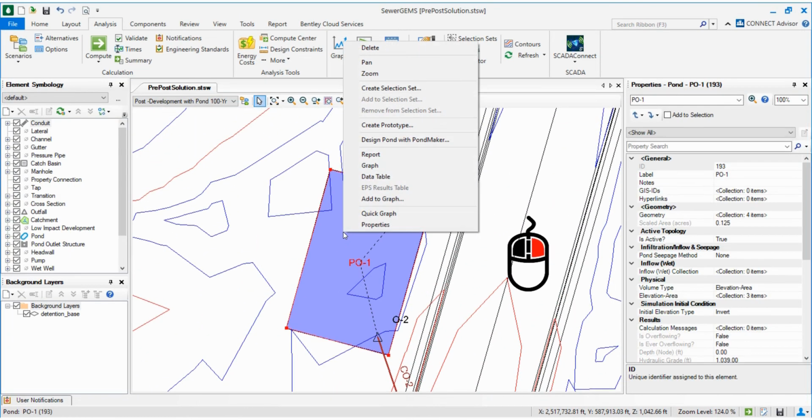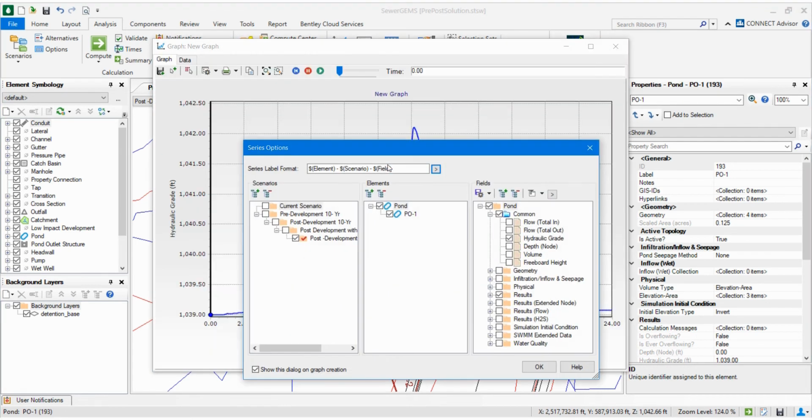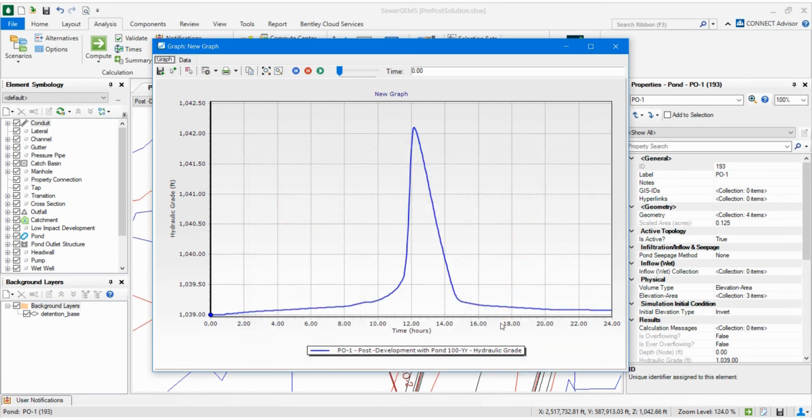Right click on PO1 and select Graph. Choose hydraulic grade and then click OK. Notice that at its peak, the pond reaches elevation of 1042.1, almost a foot below its top elevation. Now close the graph.